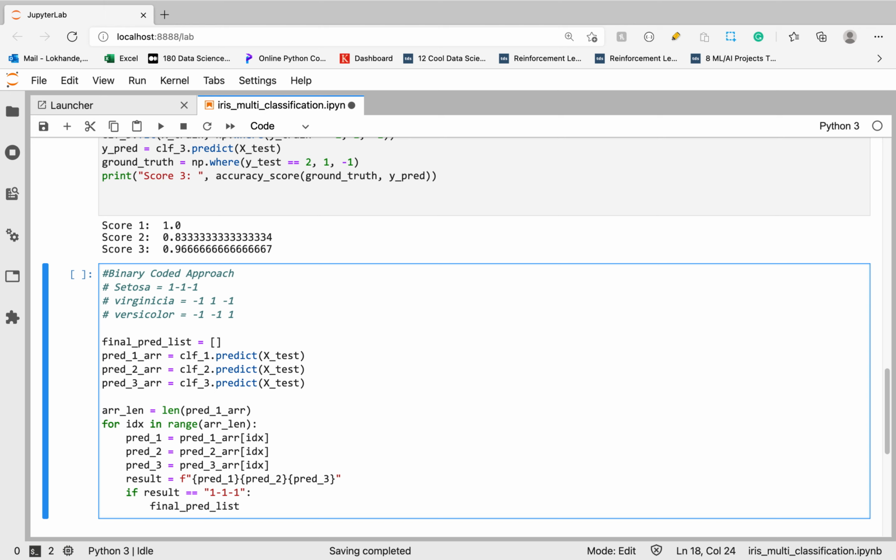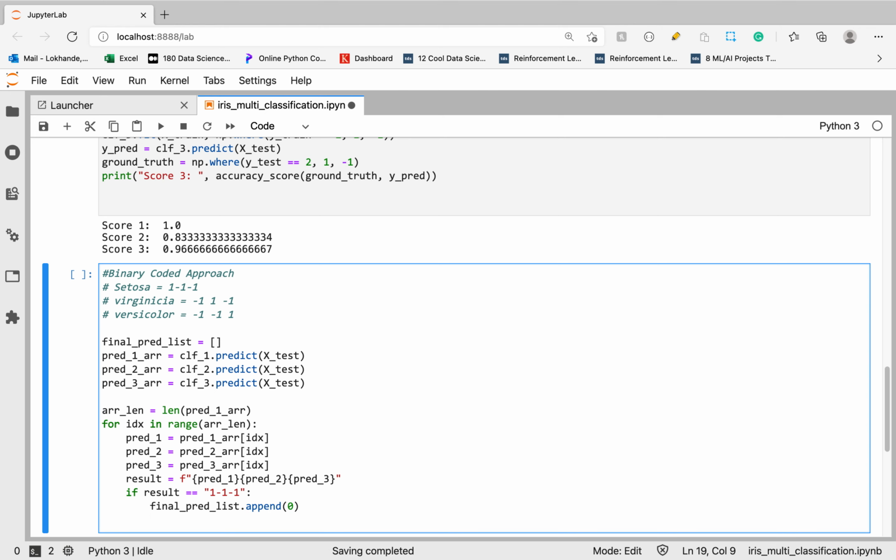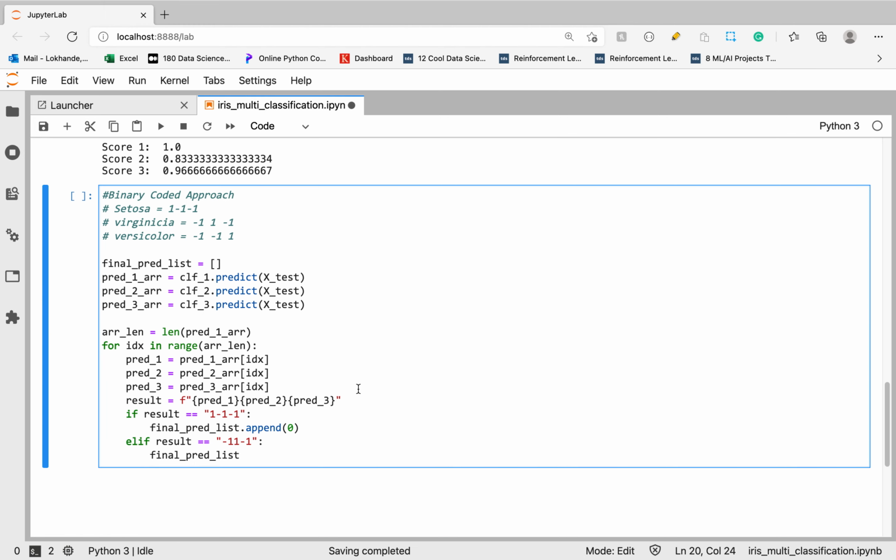So final_pred_list.append: if the result is 1 -1 -1, then the sample belongs to setosa, and the class label of setosa is 0. Same, else if it is -1 1 -1, then it is virginica, and the class label of virginica is 1.